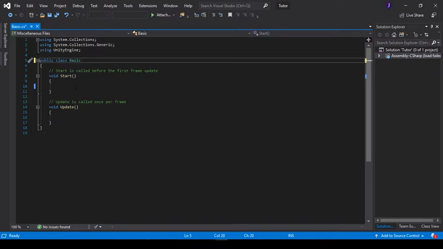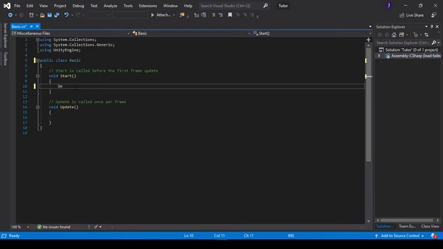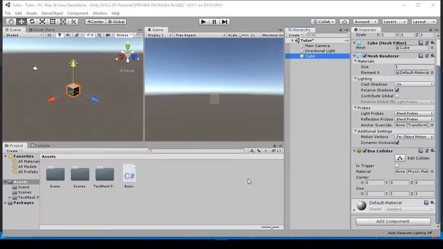So right now, if I type in here Start, and then Debug.Log, and inside it I give it, let's say, "start", that's for it to print out start, and I close it with a semicolon. You see, it doesn't throw any errors, no issues found, so it's perfectly okay. When I save this now and I go to Unity,